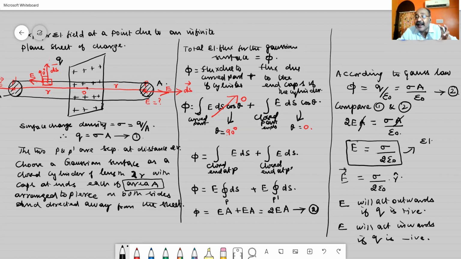So we can say electrical field at a point due to a plane sheet of charge is independent of distance. What do you mean by this? When I am having a plane sheet of charge and the point considered is either nearer or far away from this plane sheet, the value of the electrical field is the same. Due to distance, the electrical field at a point by the plane sheet of charge never changes. Electrical field is independent of distance. Hope you have understood.